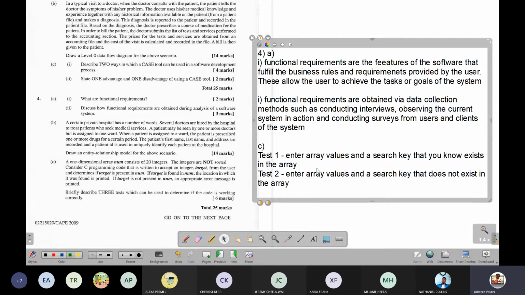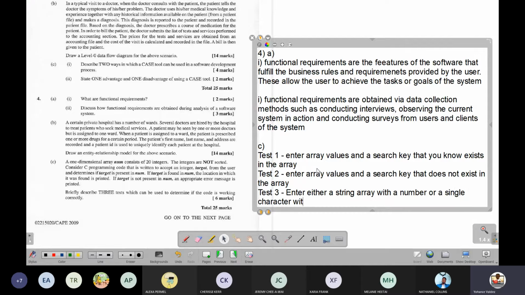And then the 3rd test might be to enter either a string array or a string array with a number or a single character with a numeric array and see how